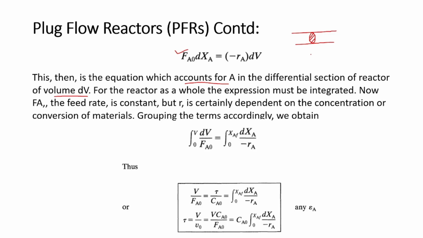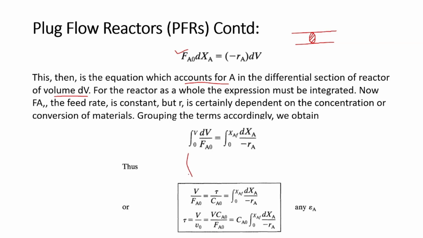Now we have to integrate to find out the volume for the entire plug flow reactor. So how will we do that? Integral dV by Fa naught from 0 to V is equal to integral dxa by minus Ra from 0 to xaf. So the initial volume is taken to be 0, final is V, initial conversion is 0, final conversion is xaf. Okay, now if we perform this integration, this can be written as V by Fa naught is equal to